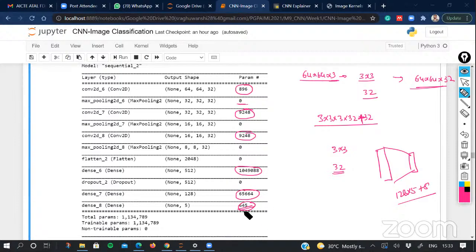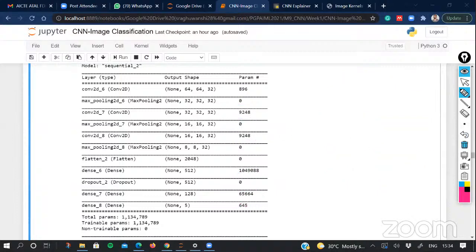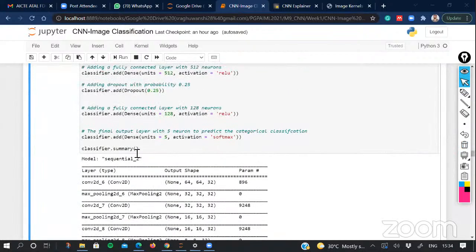When you sum all these parameters, in your network there are around 11 billion parameters that need to be trained for this classification. This makes this kind of model really complex, and it requires resources and data to get trained well. So this is the summary you can get by calling the summary function for this object.